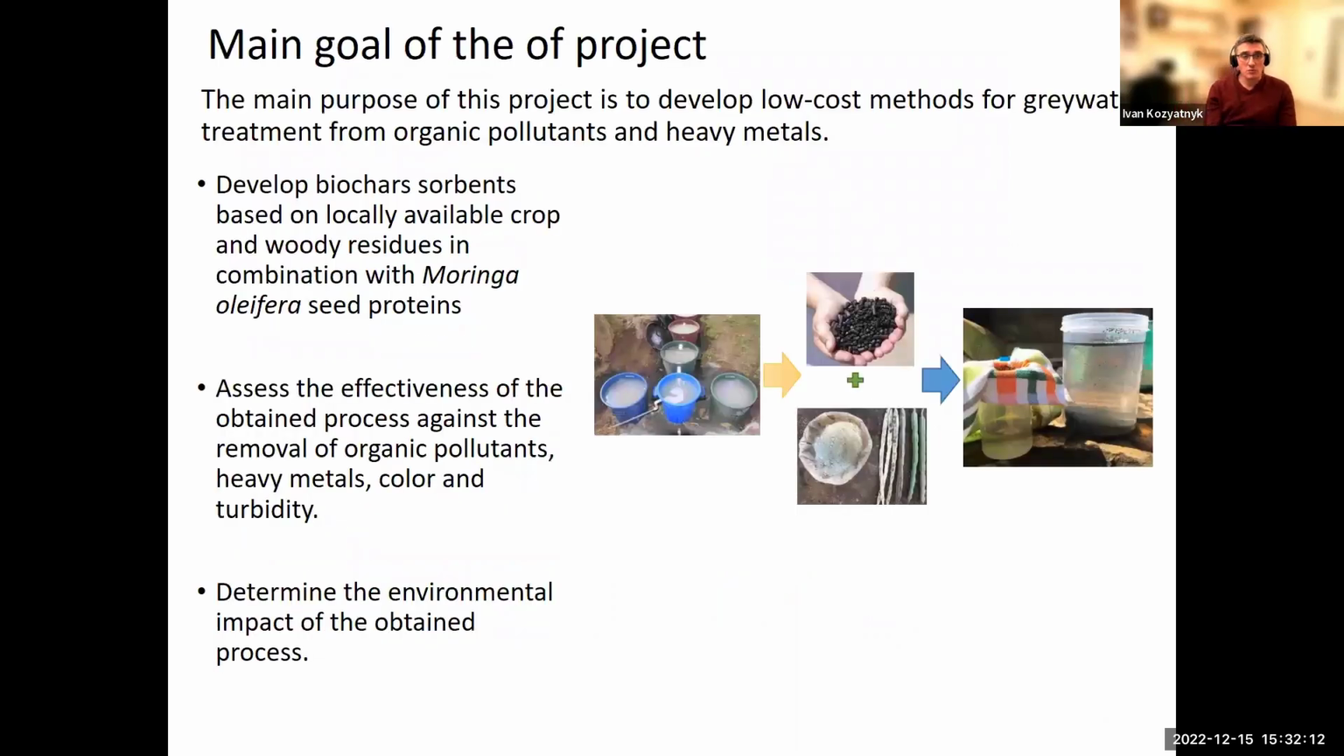So the main goal of this project was to develop a low-cost method for grey water treatment from organic pollutants and heavy metals, combine biochars and Moringa water extract to develop biochar sorbents based on locally available crops and wood residues, and combine them with Moringa in one water treatment process. Also, we wanted to assess the effectiveness of this process and to determine the environmental impact, but it's